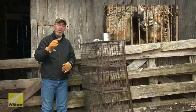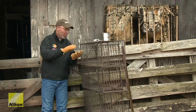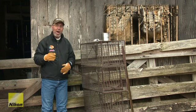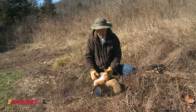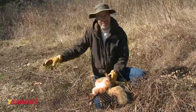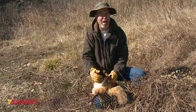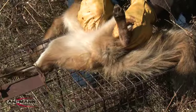But to make it even more attractive for gray foxes or bobcats or other predators, I want to remove that urine out of the gray fox. One thing to always check when you dispatch a predator is if there's any urine in their bladder, and I simply want to put it right over the trap site. I don't want it 5 feet away or at the door. I want it right where that animal's going to come smell the urine and expose its under area like this